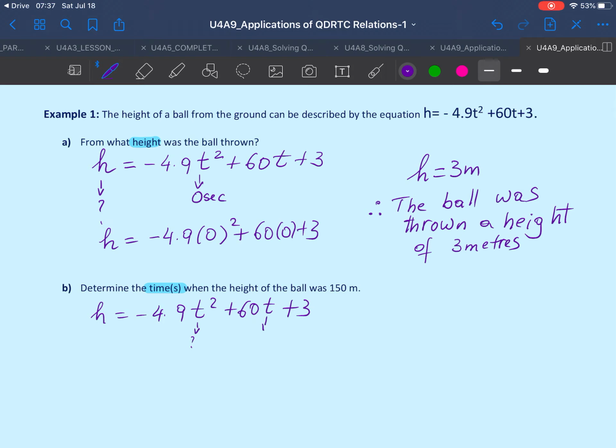Since I'm asked to find the time, and time appears in two different terms in here, I will need to know what the other variable is, the height. And this time I can clearly see that the value of h, or the height, is given, 150 meters. So I can substitute height by 150